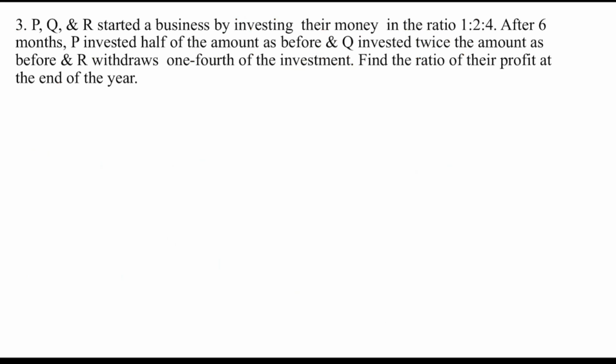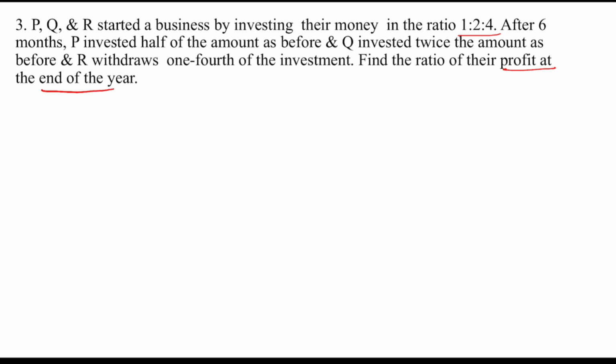Find the ratio of their profit at the end of the year. Okay, they are asking the profit ratio of P, Q and R. Now, P, Q and R started a business by investing their money in the ratio